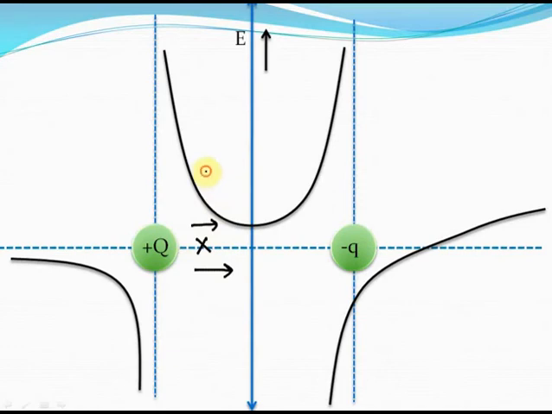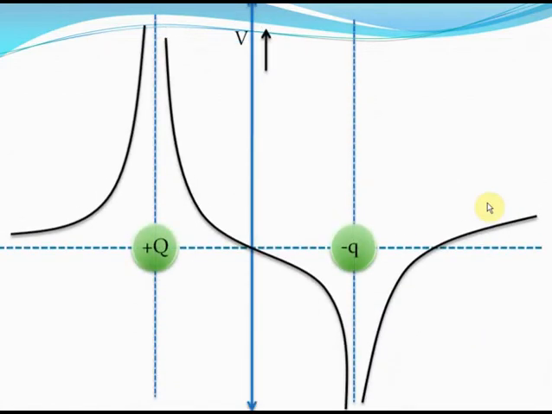Even here, the electric field will be like this, isn't it? So the electric field between the charges will be positive. The electric field outside the charges will be opposite in direction because of both the charges. So it could be positive and it could be negative, as you can see here, isn't it? There will be a certain point on the axis where the electric field due to one charge will counter the electric field due to the other charge. At that particular point, the electric field will be 0.